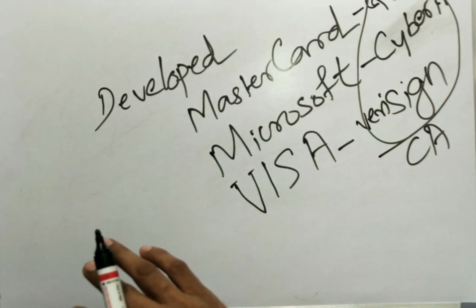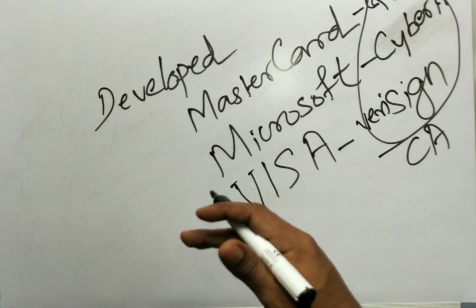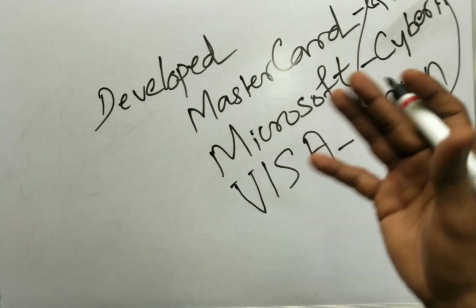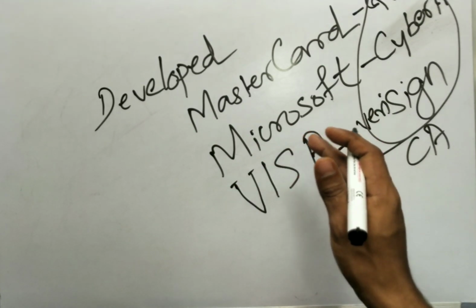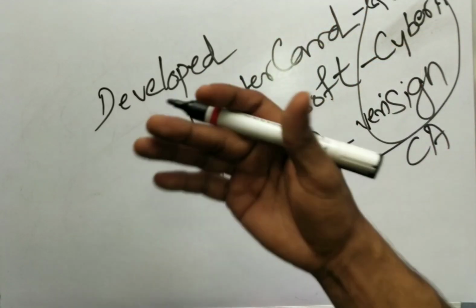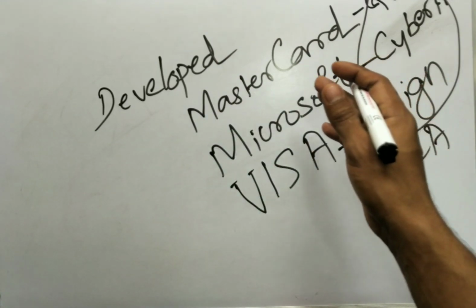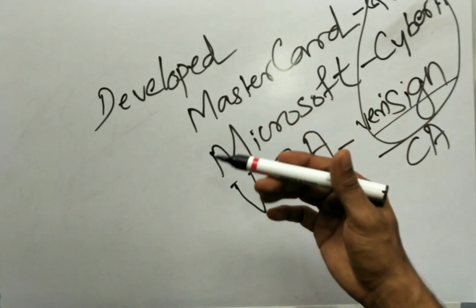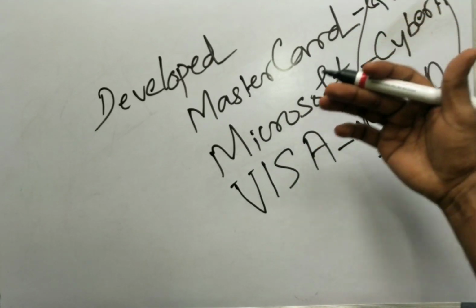So on a closing note, we can say that this SET protocol is an open encryption and security specification. It is a security specification. So many rules and specifications are designed to protect credit card transactions over the internet, and it has numerous role players like cardholder, merchant, issuer bank, acquirer bank, payment gateway, and certifying authority. And also you have to remember the significance of the certifying authority, like GTE, Cyber Trust, and VeriSign,